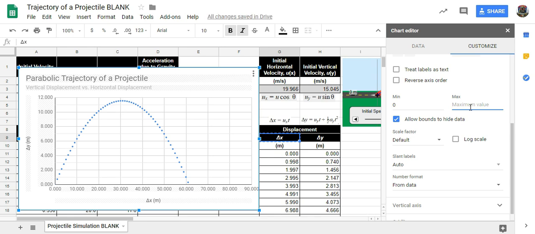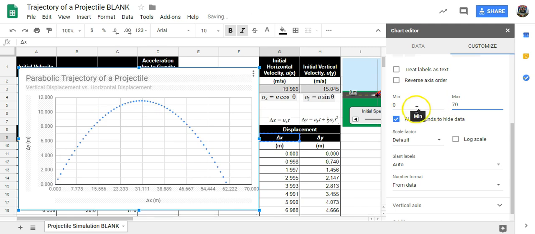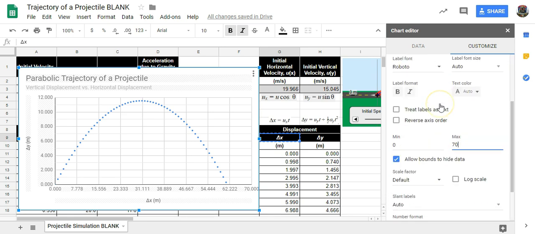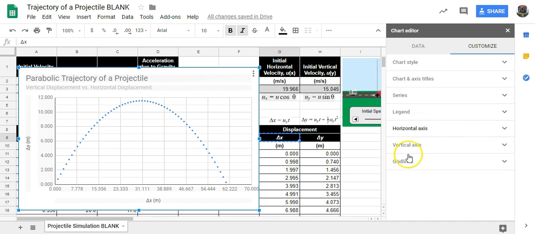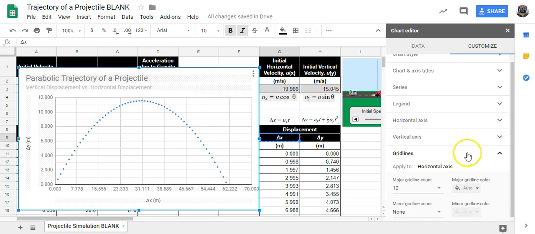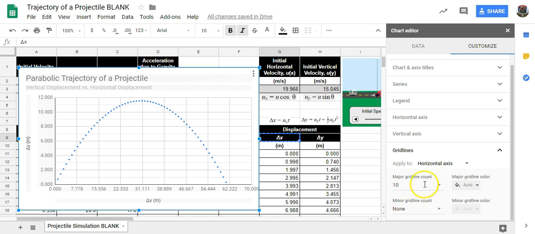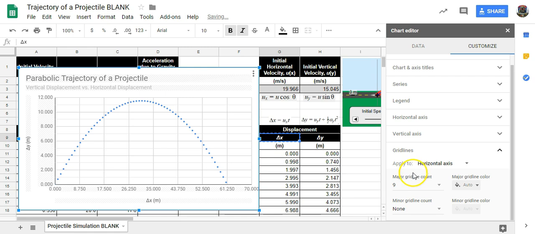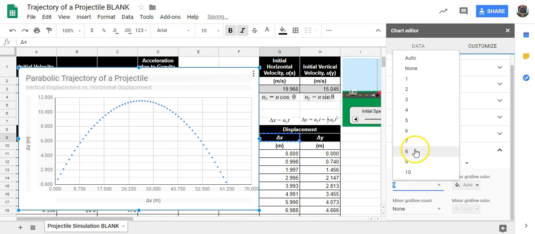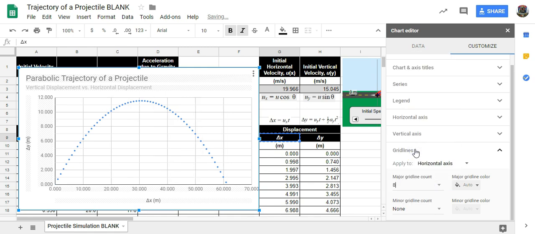So if we take it up to 70, maximum 70, and now we've got these odd values. So we'll go back to, I'll just hide that. Go back to grid lines, horizontal, and we'll play around here. So you start at 10 and work your way down till we get some nice even numbers,